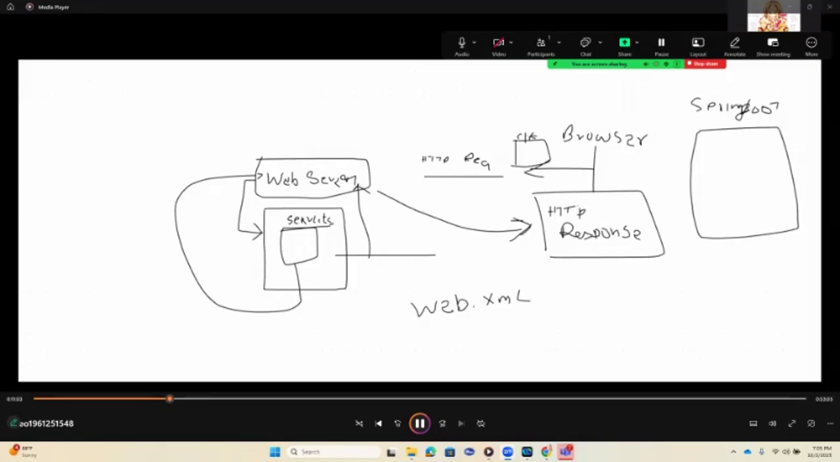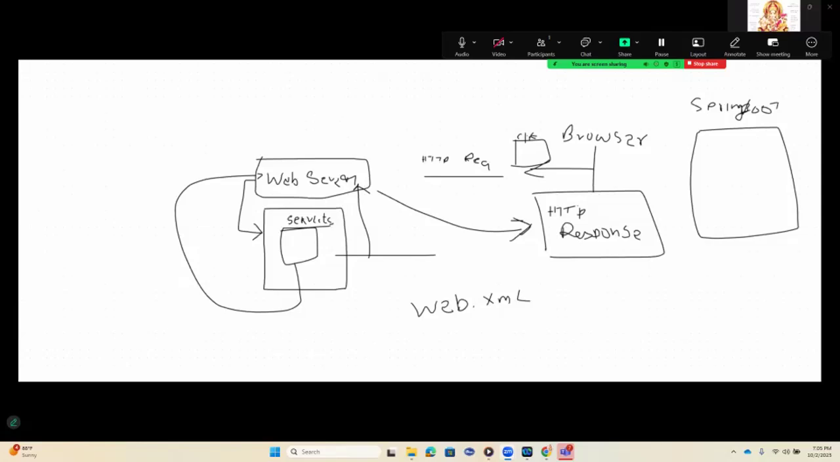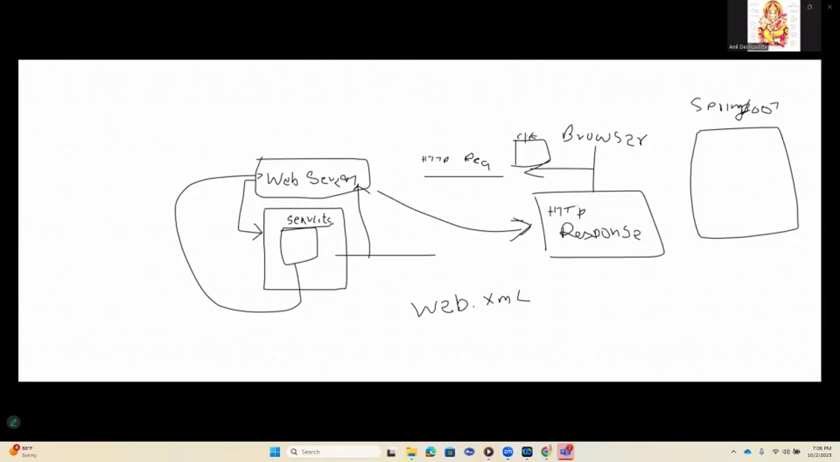So when you get a request, if you are specifying filters in web.xml, then your requests are intercepted by filters. And it's very important to understand how those filters help you in authentication and authorization, because most of the time